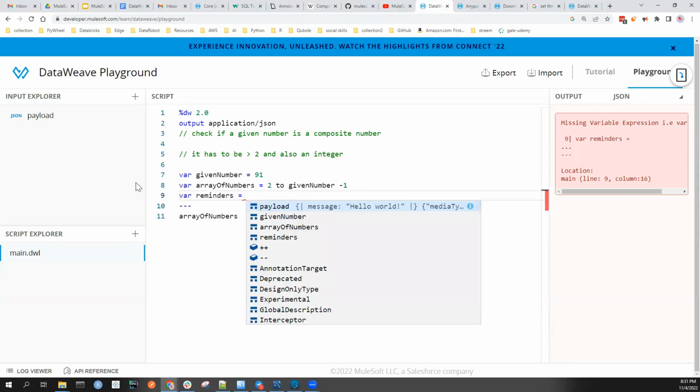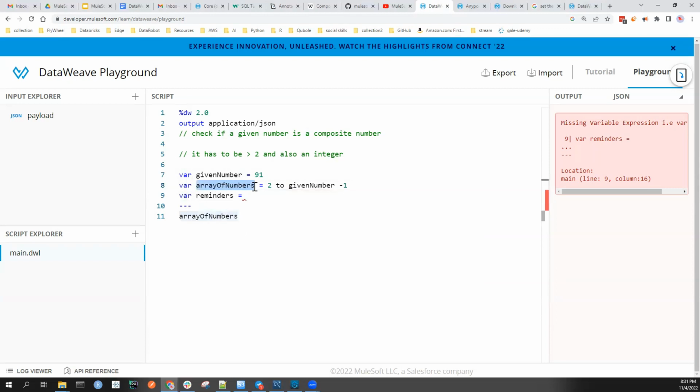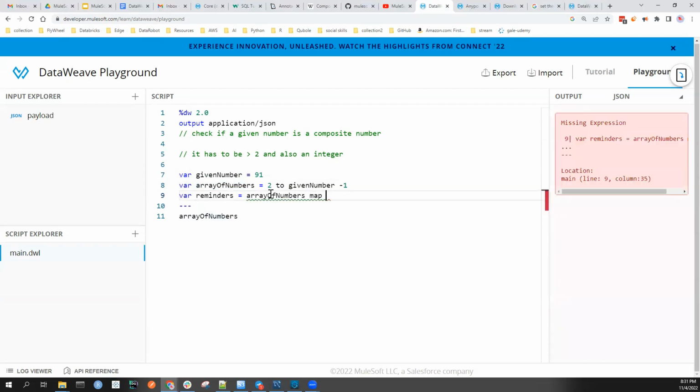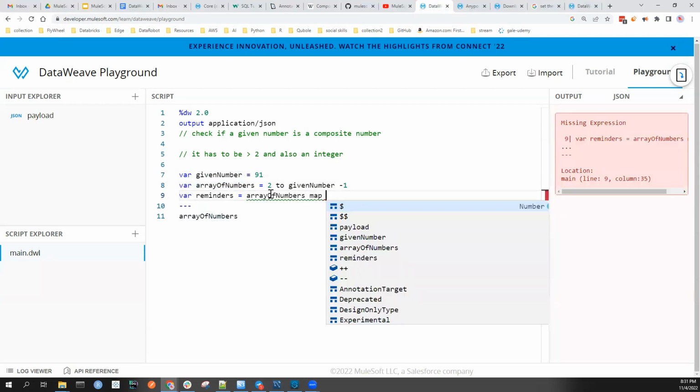So we can use map now, right? Because map iterates over each element of an array and it returns an array also. So for the array of numbers, I can use map, and what I can put is